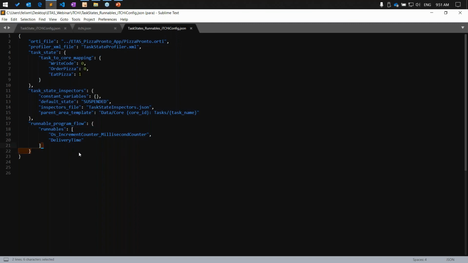Those are not really runnables, but I'm sure you know what a runnable is, and if you have a serious application, then you will have those runnables. So I will just copy and paste that over in my iTCHi file here. Oops, there we go. And this is JSON, so we have to be very careful with our commas here. We need a comma here. We don't need a comma at the end, that would be a syntax error, right? So I have to make it like this. And then we can go ahead,